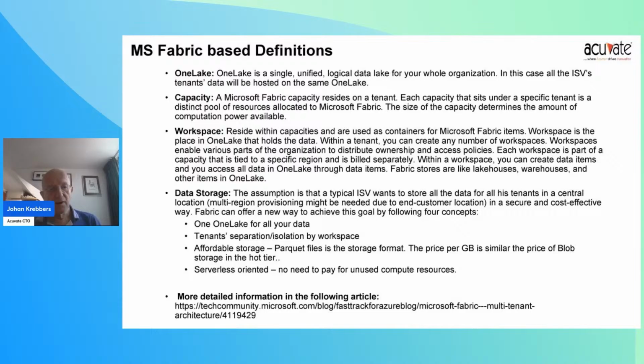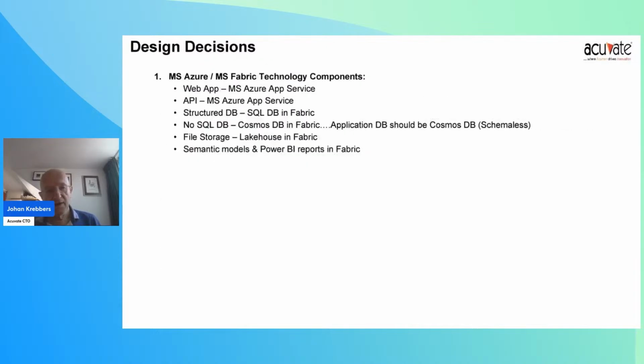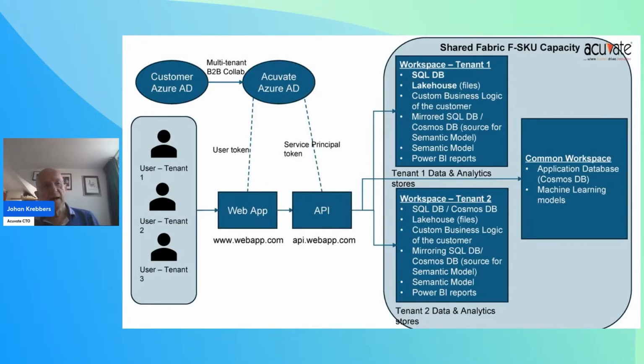And again, you find a lot of information about it in these slides, but let's show you this picture. On the left, you see the users being different customers from you. And they have a tenant 1, tenant 2, tenant 3. They might have a web front end. The application might be a web front end, so you share a web front end. And then the web front end has an interface to your back office environment in Fabric. And you see the first part are the components unique to a tenant. And the last is the common workspace. And the common workspace is the information which is shared between tenants.